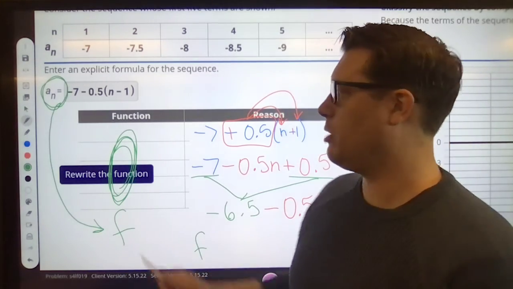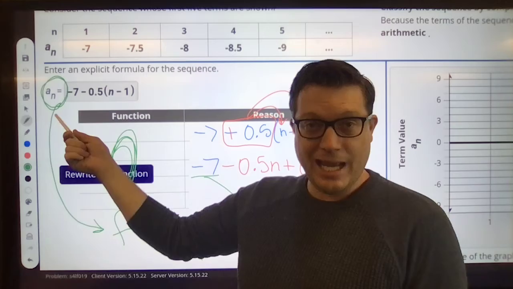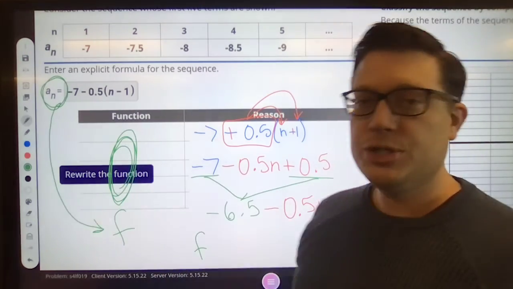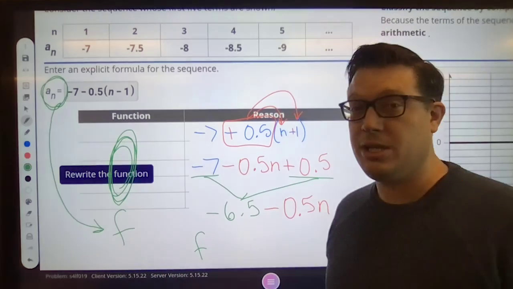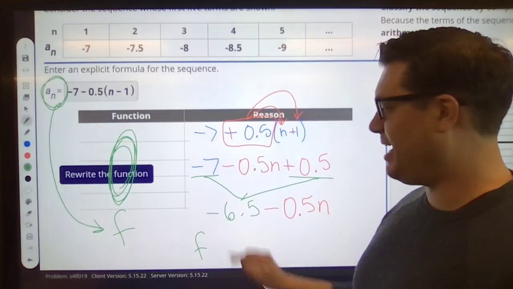F, now we're going to switch away from the letter n. I'm going to go from the letter n to the next thing, which we usually see these written as, f of x. So f